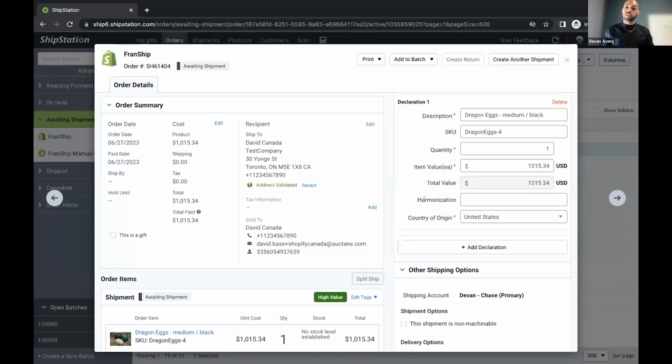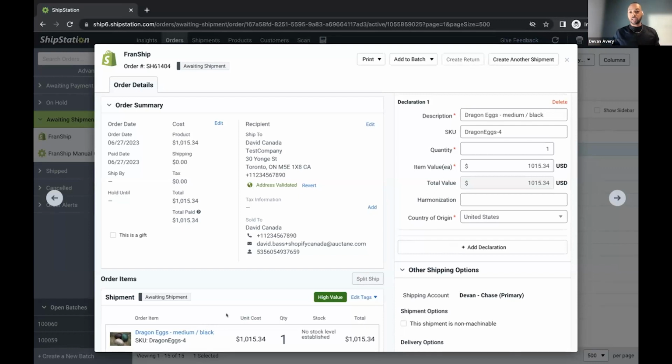3 seconds of inputting this information can save you days of a bad customer experience, lost money because no repeat customers, right? So we want to make sure that this information is inputted on every international shipment. Now, it's not required. And once again, we want to make sure that you're not going through and inputting it manually. And so there is a way that we can have this information auto-populated based off of the product